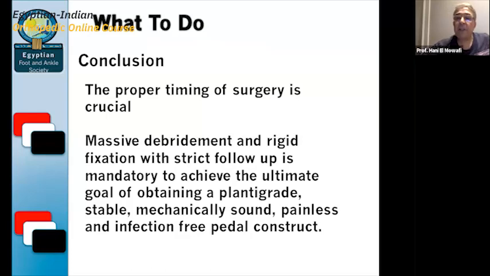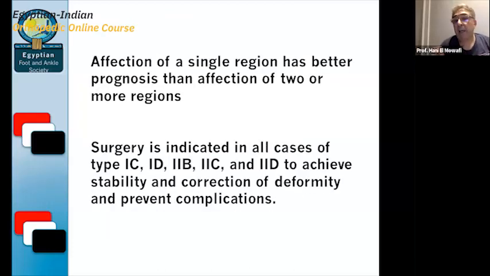Proper timing of surgery with strict follow-up is mandatory to achieve the ultimate goal of obtaining a plantigrade, stable, mechanically sound, and also painless foot. Affection of a single region carries a better prognosis than the affection of two or more regions. We can say that surgery is indicated in all cases of type 1C and 1D, and of course type 2B. And 2B means with deformity, type C with deformity but unstable, type D unstable